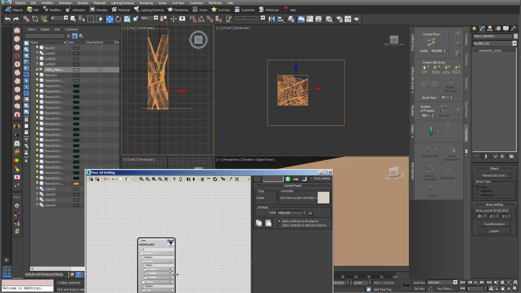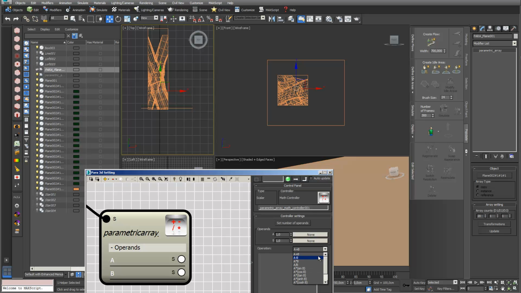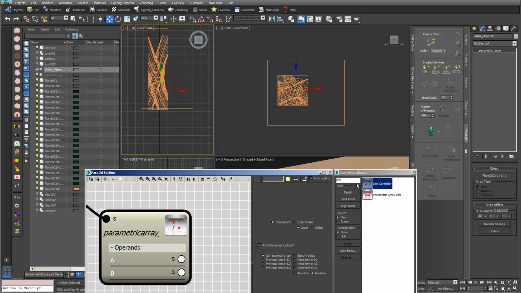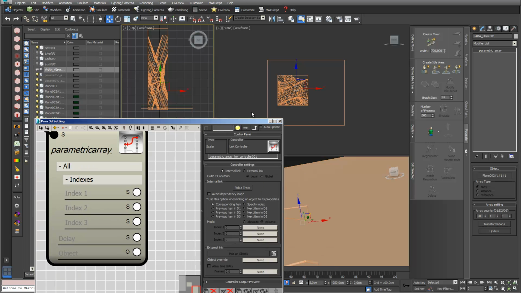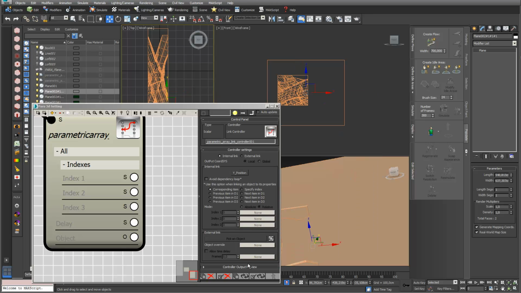So what we do is add a math controller in my Y direction, that's this one. Next step, I say I want the operation A plus B. With A, I have to define that it always adds up the items in Y direction. So I choose something like a link controller. Double click link controller. Here we go. I go into pick a track, and for my object I want to use, in transformation, my Y direction. I already tried this. This gives good results, and I always want to build up from the information of the previous item. So I go into previous item D1,